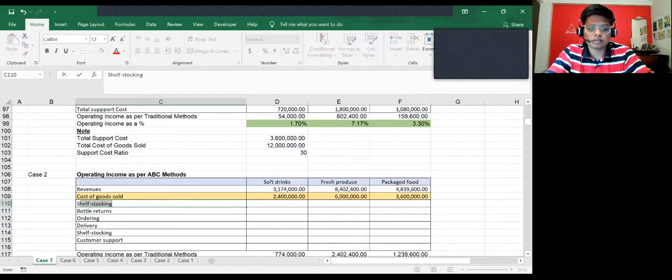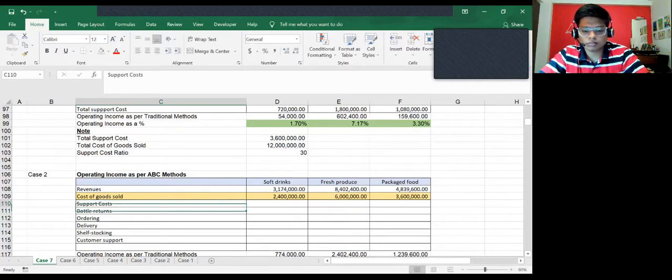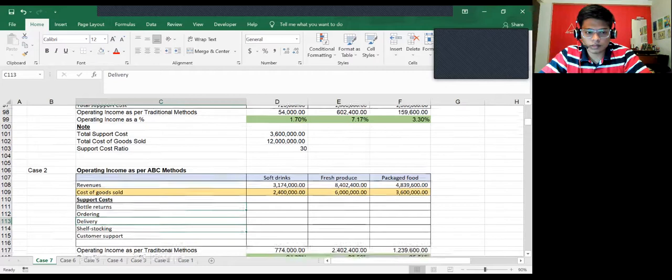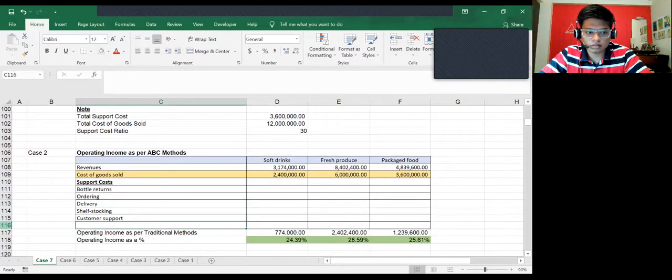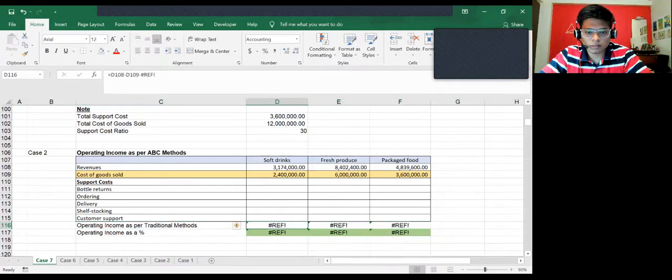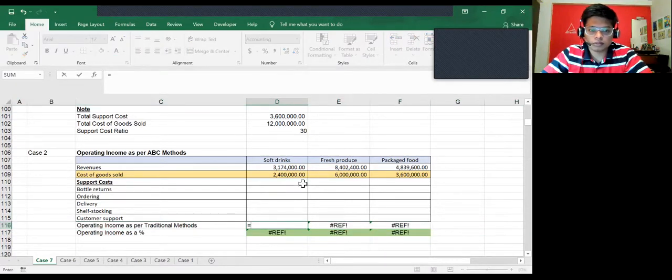Okay, so these are support costs. Delete. This formula would be revenue minus sum of this, and these are the total costs.